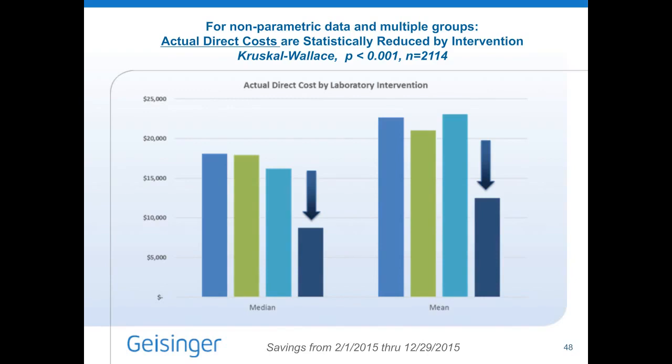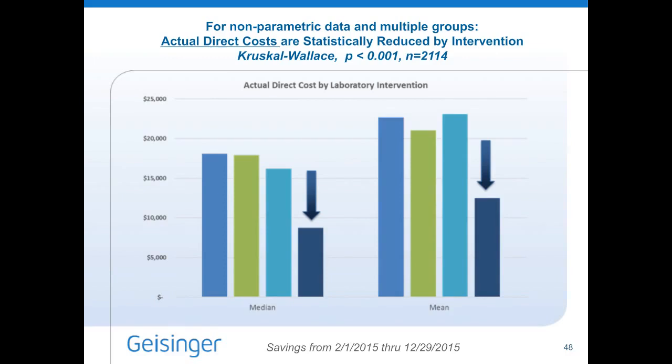mean. When you compare your means to your medians, the means are the averages. Your medians are the point at which 50% of your data lies above the median and below the median. Your mean is skewed when you have outliers. So when you make bar graphs in Excel and you see this kind of wide difference between the dark blue and the dark blue of the median, the lighter teal and the teal of the median, you know you have outliers, and that is a tip-off that you need to be using non-parametric statistics.